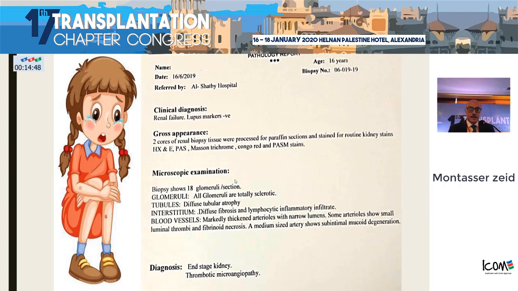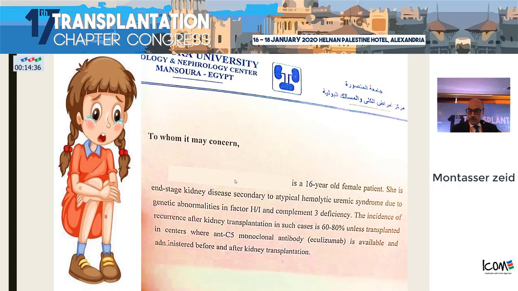A female, 16 years, presenting with end-stage renal disease. A renal biopsy was taken and revealed that she has end-stage renal disease and thrombotic microangiopathy. She went to Mansoura Nephrology and Urology Center and came back with a report about her end-stage renal disease secondary to atypical hemolytic uremic syndrome due to genetic abnormalities in factor H and I and complement factor 3 deficiency,